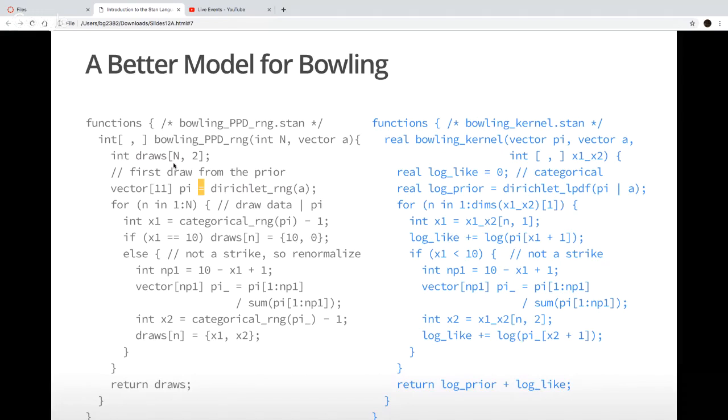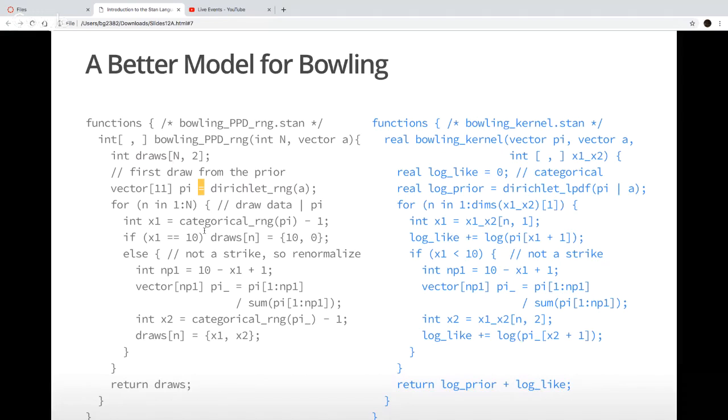And this is what makes it different from the Fibonacci thing we were doing on the second day. Now we have a simplex vector of parameters, and potentially that simplex vector could differ from one bowler to the next, and so we'd have more flexibility there, more ability to use our model to say this bowler is better than that bowler or something like that. But here I'm just thinking about having one bowler who bowls a bunch of frames, specifically n. So I drop into my loop over n.